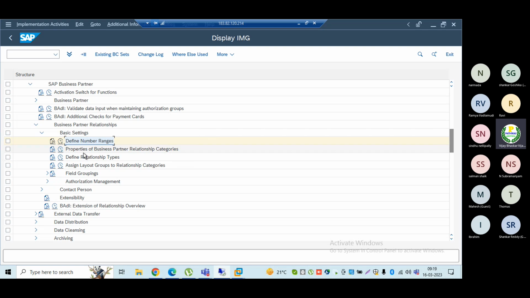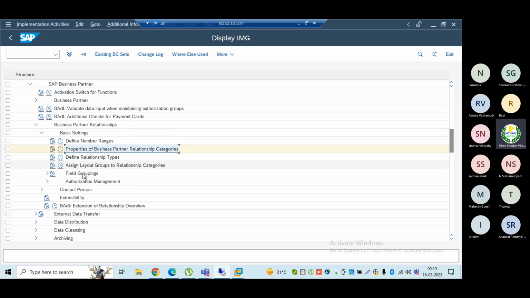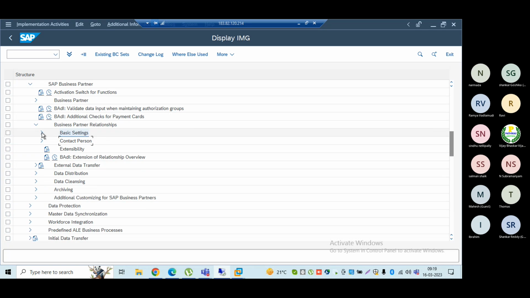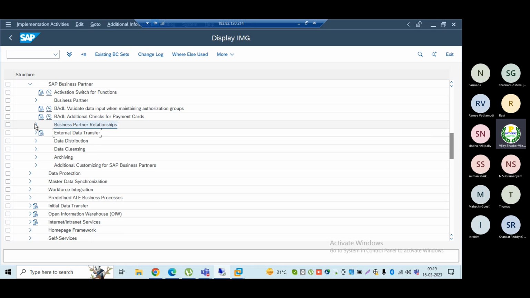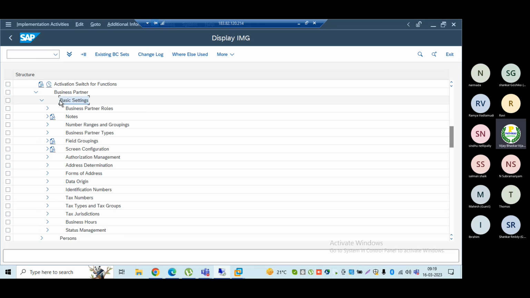Then define business partner relationship, catalog here, and all roles. I don't want to see this one. Field group, data extraction, business partner relationship, business partner basic settings, not here.